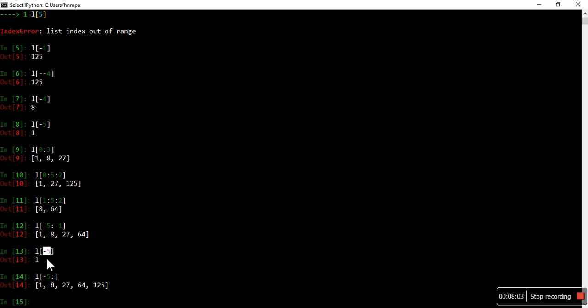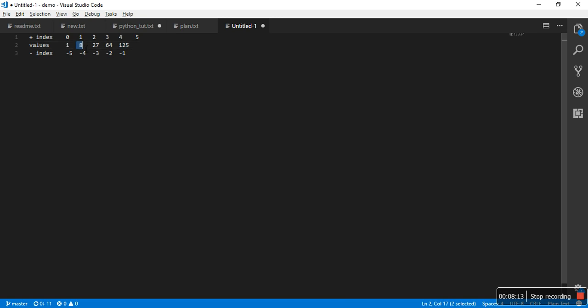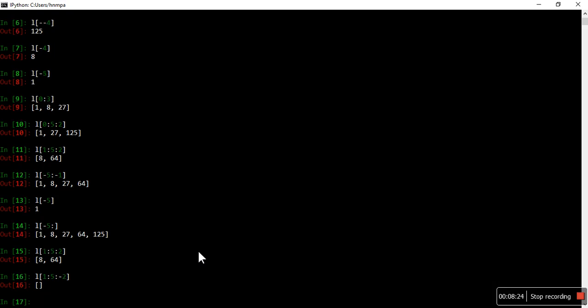Okay, now let's look at the negative jump value. So what it was giving, 1, then 8 skipped, then 64. Now I am just changing that jump value 2 to -2, but it is not giving me anything, right? It is giving blank value. But if I want the same,